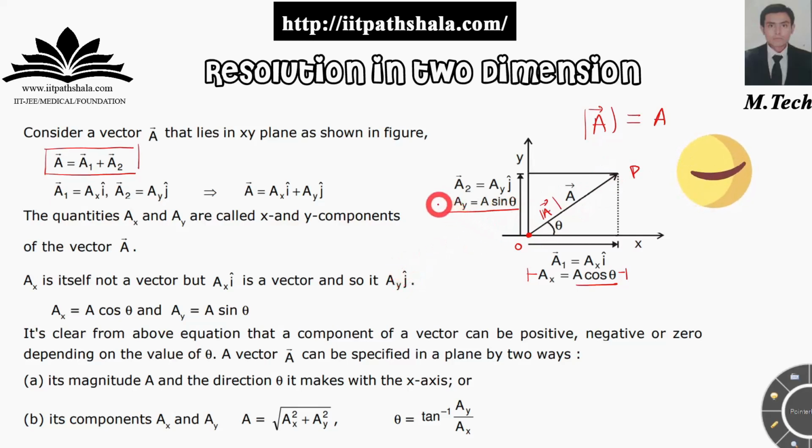Now you have to represent this ay and ax in the form of vector. As you can see, these magnitudes are running in x direction and in y direction, and from the previous slides I have told you that this unit vector i cap belongs to x direction, and this unit vector j cap belongs to your y direction. So what I can write in the vector form is ax i cap, and for the ay I can write ay j cap, and assign two of my vectors to both of them. Let us say that ax i cap is my a1 vector and a2 vector is ay j cap.